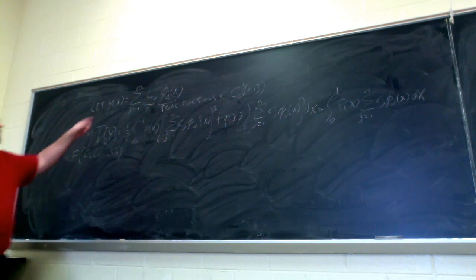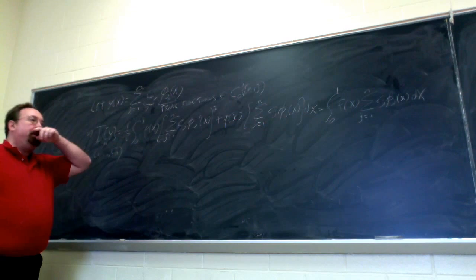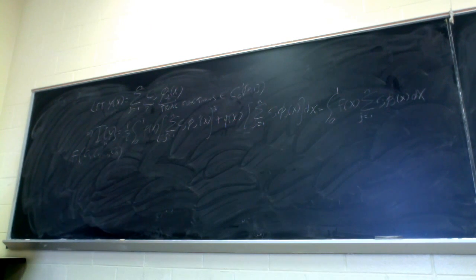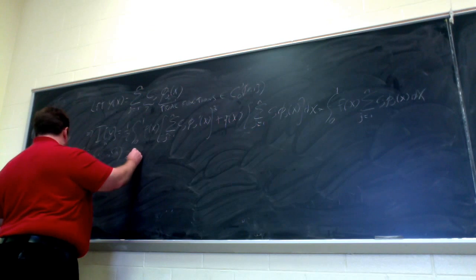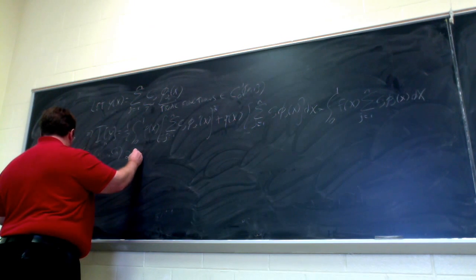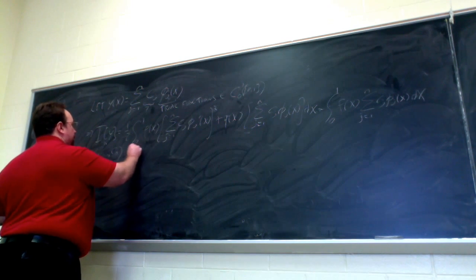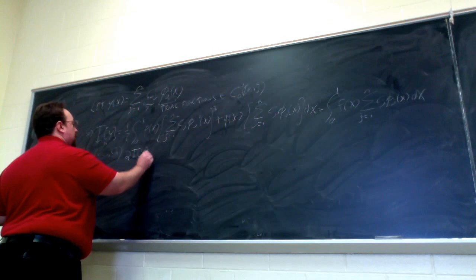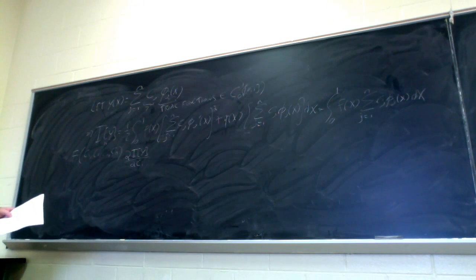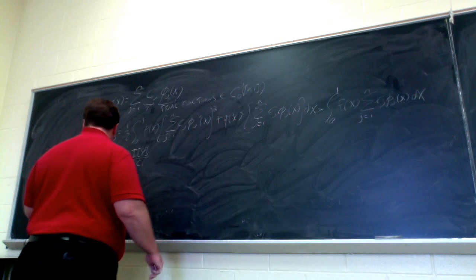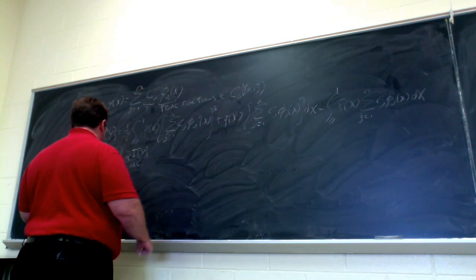Because that will get this as close as possible to a solution of my boundary value problem. So if I take the partial derivative of this functional with respect to C sub i, so what I'm going to get is